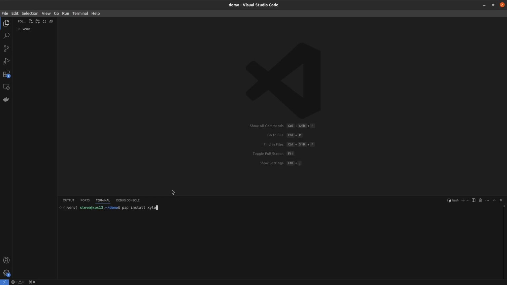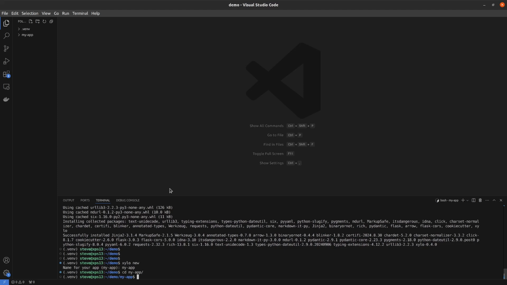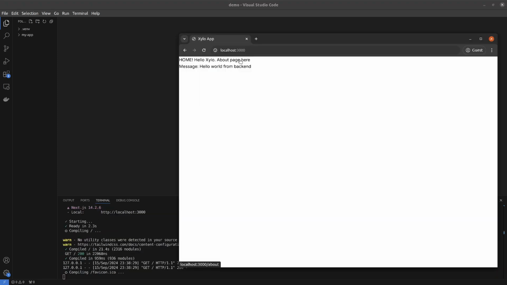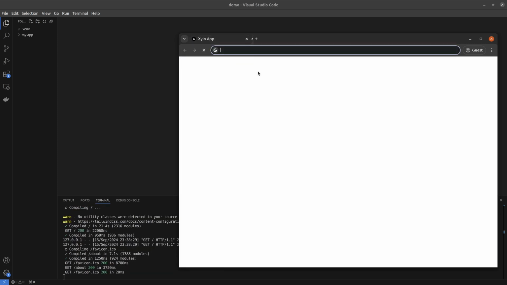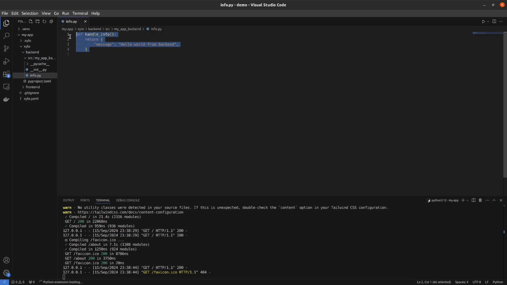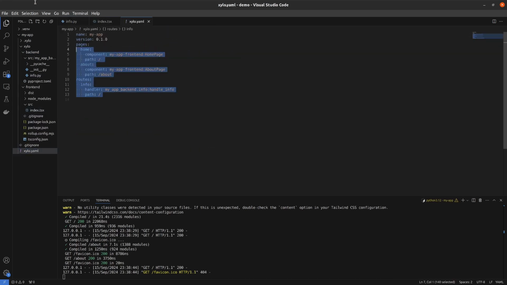Check this out. Pip install Xylo, run Xylo new, put in a name, cd in there, Xylo dev, and just like that, you have a JavaScript front end with 2 pages and a Python backend. The code couldn't be simpler. Backend just returns something. The front end defines a few components, and at the top level, a config file ties